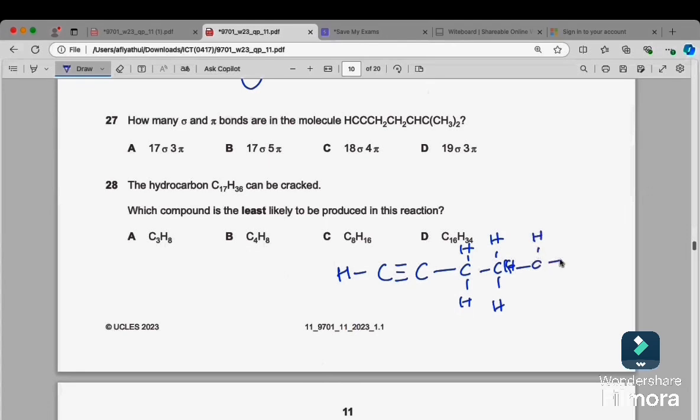So then we have a double bond. So CH and CH3 and one here, and I will put one CH3 over here. Okay, so let's start counting them. So for the triple bond, we have